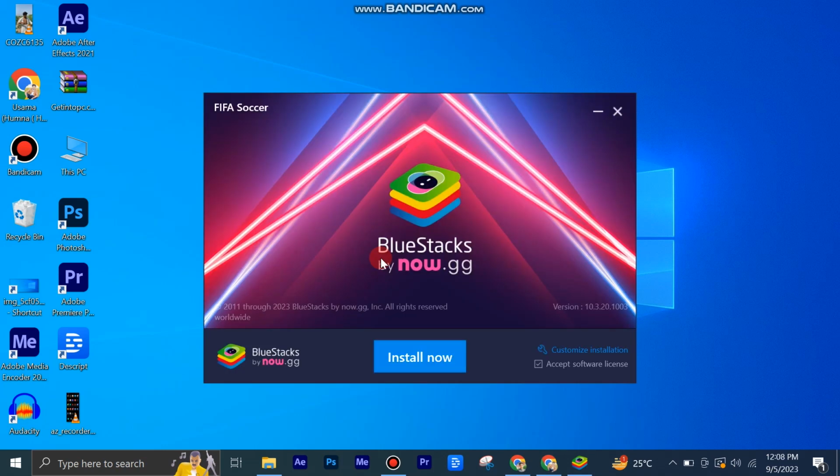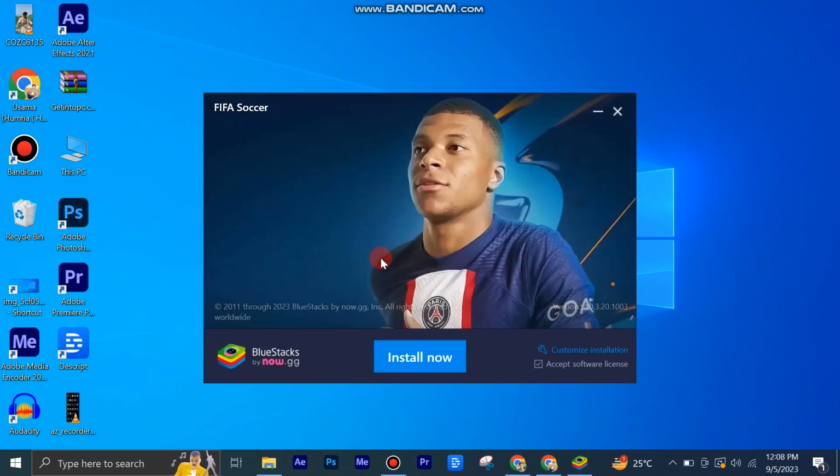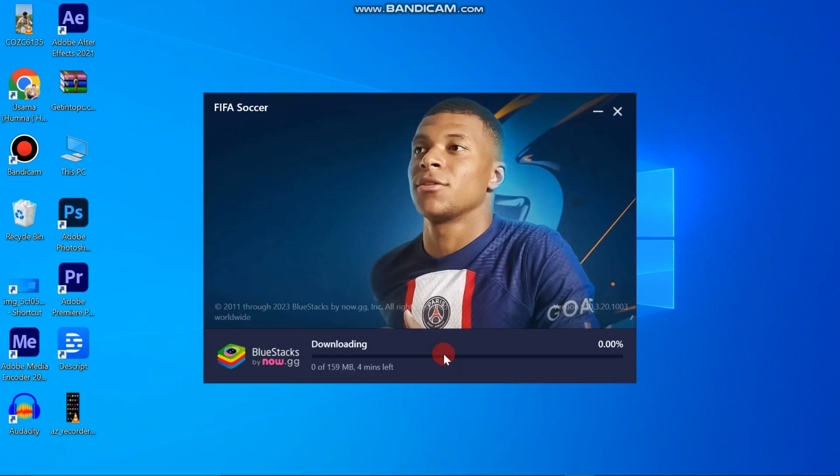Next, you just have to click on Install Now button and you can see that it starts downloading. It may take some time to install the game, so make sure you have good internet connection for this, otherwise it might be stopped downloading. So, after it is downloaded,